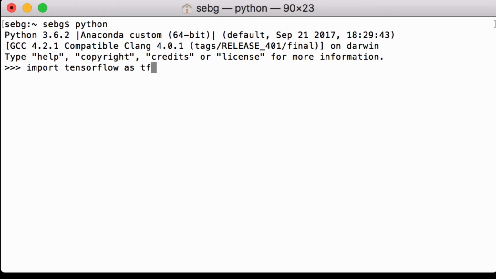We import TensorFlow as TF. Then we print out what version of TensorFlow we are using. We are using TensorFlow 1.0.1. In this video, we're going to initialize a TensorFlow variable as the identity matrix of the size of our choosing